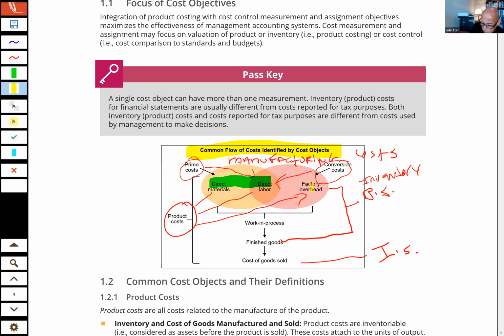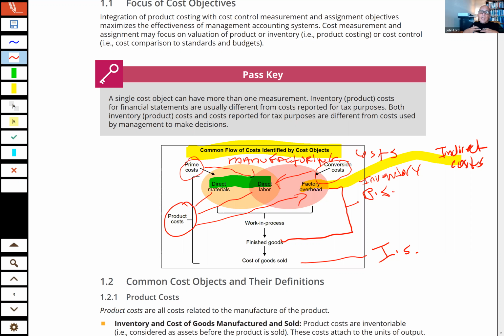Now, when we look at our direct materials and our direct labor, those obviously are direct cost. When we look at our factory overhead, and sorry guys, I'm just running out of places to write all this, factory overhead are considered indirect costs. Now, sometimes, especially for my newer students to managerial cost accounting, they think that God comes down and says, this is a direct cost, this is an indirect cost, and that's not how it works. It's really defined on how difficult it is to trace a cost to a product that determines whether it's direct or indirect. Well, direct labor, direct materials, it's pretty easy to trace those, so we call those direct.